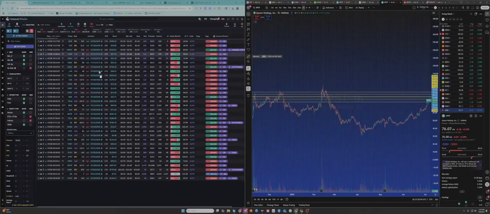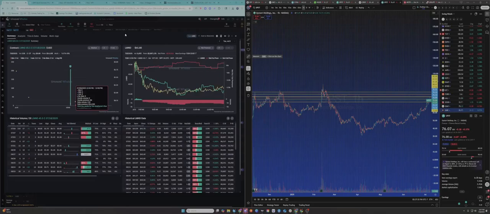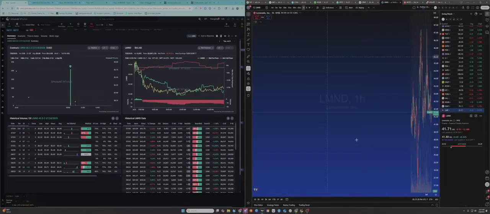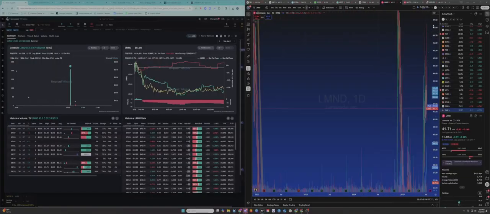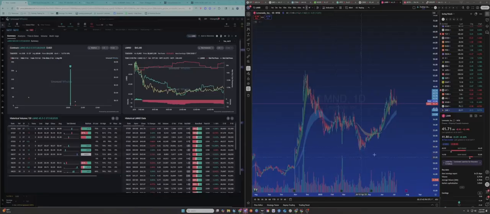And then from here, we can go a little more broad brush. So Lemonade, LMND, that's another one. We'll take a peek at that real quick because I haven't looked at this flow before. I haven't seen this today. So LMND here, pop open the daily. Looks like it's flagging, consolidating, looking to break higher. 45.50 calls, 718 contracts for next week. This is tiny flow, but this could play out.